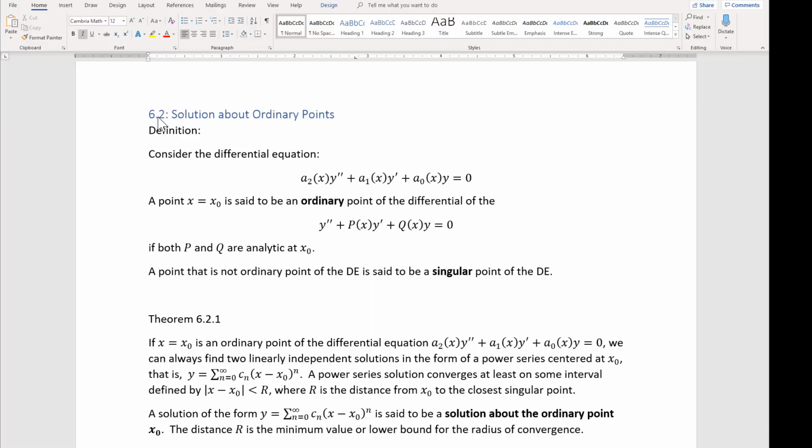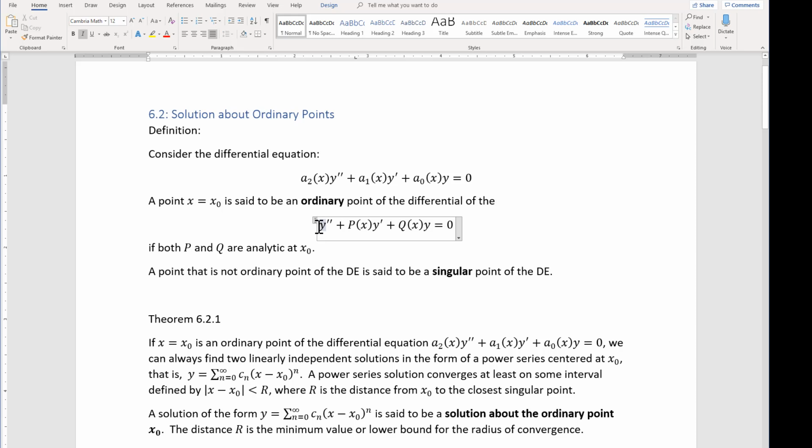This is section 6.2, solutions about ordinary points for differential equations. Here's our definition. Consider a differential equation a sub 2 of x times y double prime plus a sub 1 of x times y prime plus a sub 0 of x times y is equal to 0. A point x naught is said to be an ordinary point if the differential of this expression now, the normal,